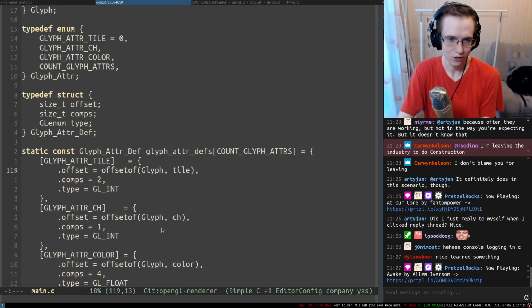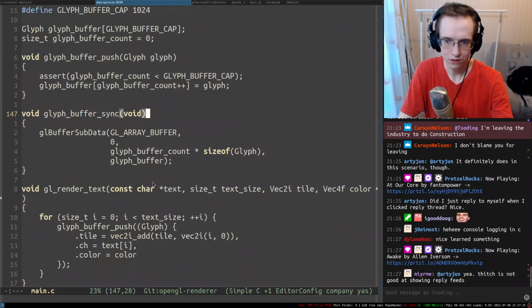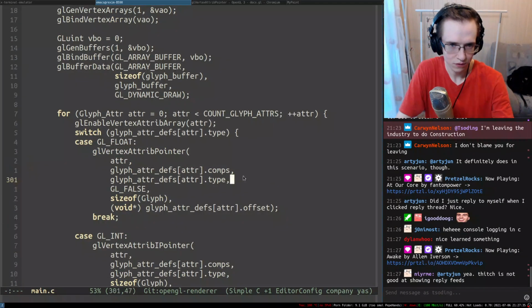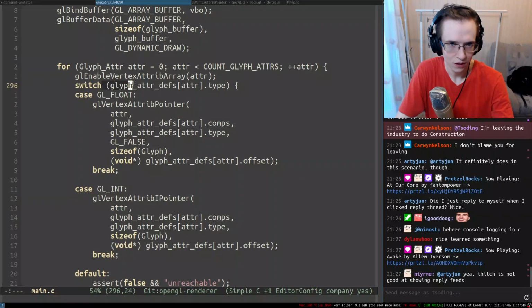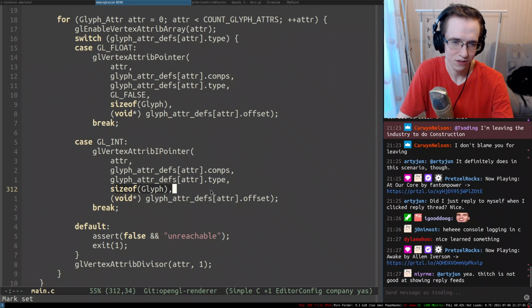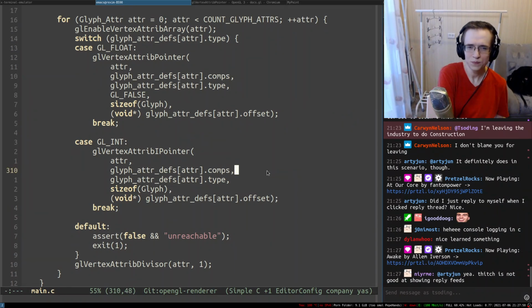The tiles are set correctly, by the way, which is kind of cool. They're set correctly, but yeah. So here's what we're setting in here, so blah blah blah. glVertexAttribPointer, so here's the type, component. If the type is a float, we're using that thing. Otherwise we're using that thing. All of the offsets have to be properly set, I think. So I don't see any problems in here.